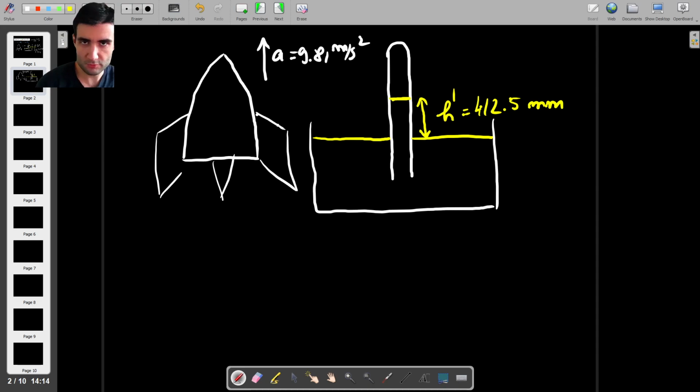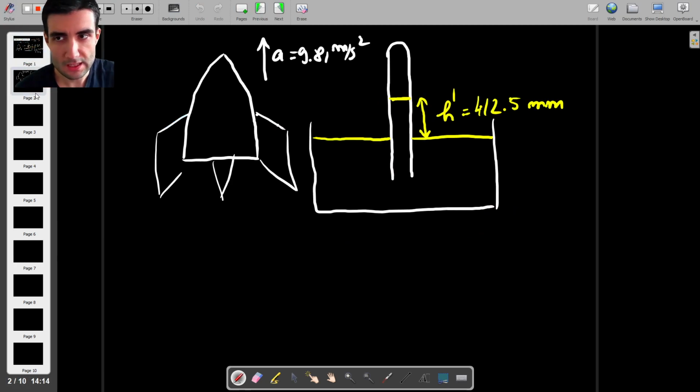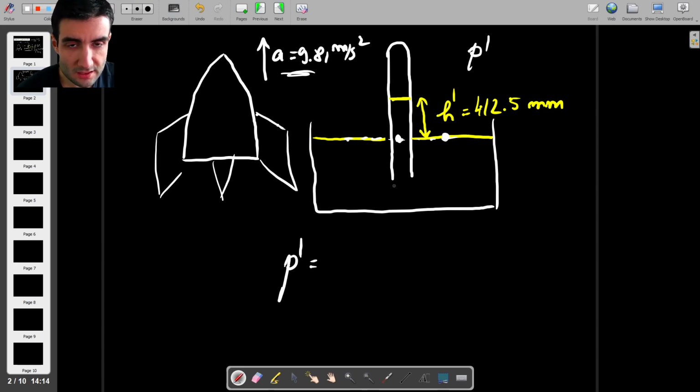Okay, so I'm gonna write what we know and then we're gonna try to justify why some things happen the way they do. So we have this new height and we have this new acceleration. But according to fluid mechanics, this horizontal line test must still hold, right? So the pressure here must be equal to the pressure here. So the new pressure inside the cabin, let's call this P prime, which for some reason has changed, is still equal